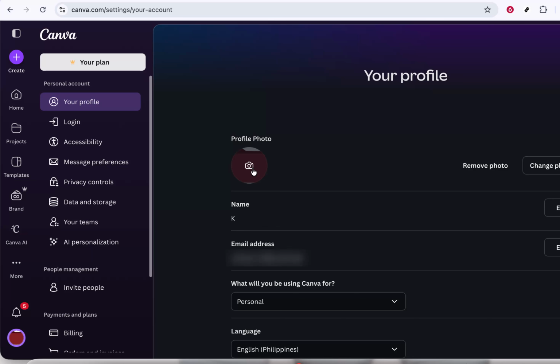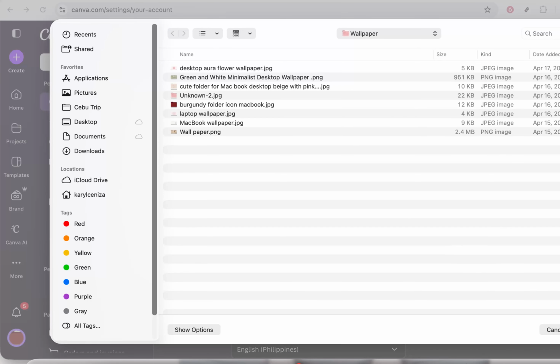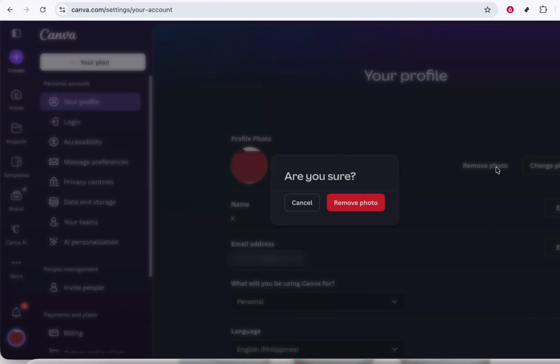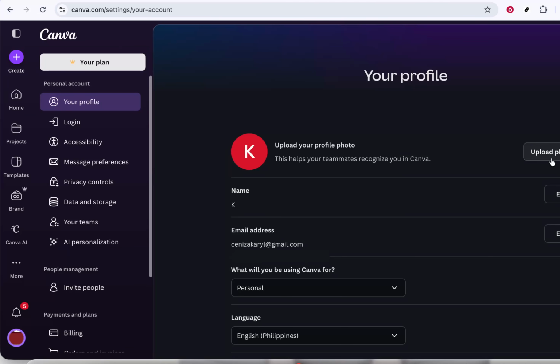If you're uploading from your computer, choose a clear, high-quality photo where your face is easy to see, especially if you use Canva for professional or school projects. After selecting the image file, wait for it to upload. Canva may ask you to adjust the cropping so your face is centered and looks good in a small circle. Follow any remaining on-screen prompts, such as confirming or saving the change. Once you've done that, your new profile picture should update automatically across your Canva account. To double check, look back at the lower left corner of the screen and make sure